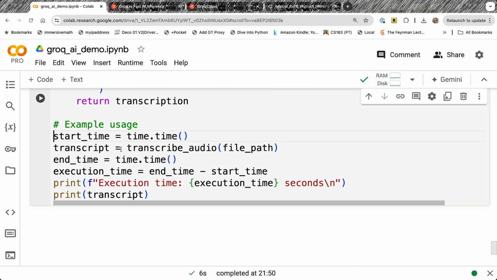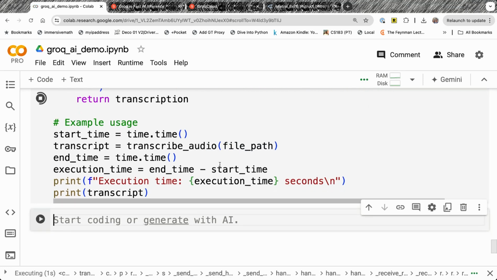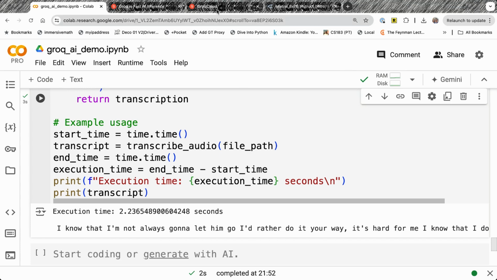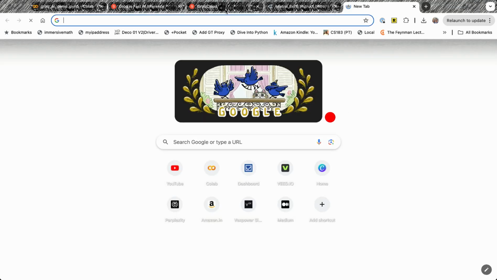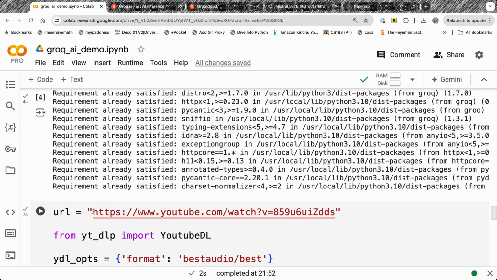I'm just removing that. Start time, we have transcribe audio file path, end time, and now let's just see, right? So I'm going to run this, and let's see how long it takes, right? So it took like 2.2 seconds for a song, which is, let me just take the URL,